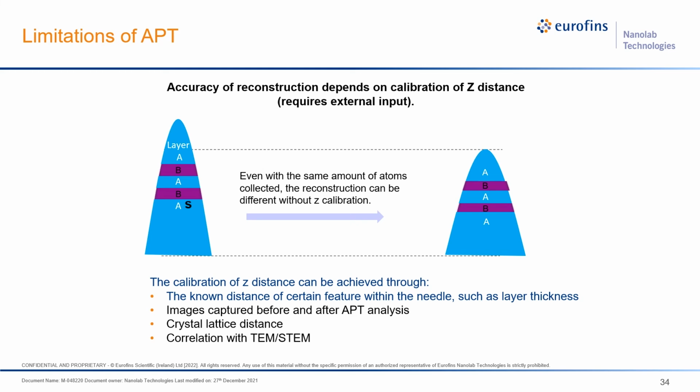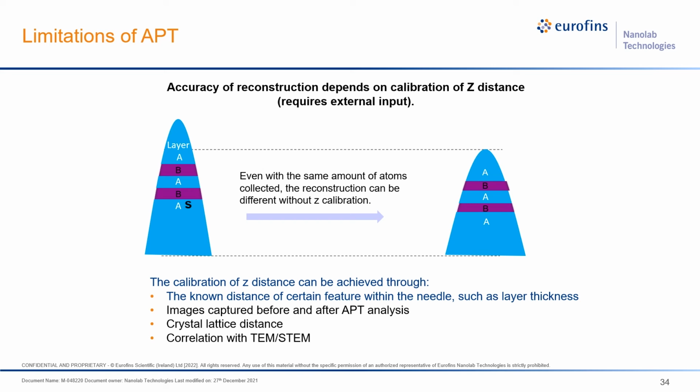The second is to use images captured before and after atom probe analysis. Looking at the tip radius before and after and superimposing those images can give an estimate of the total height, which can be used for the Z calibration. The third, for specific cases, is you can use crystal lattice distance. And the fourth way, which is more commonly used and which I've shown specifically for the LED example, is to do a correlation with TEM and STEM to ensure that the Z